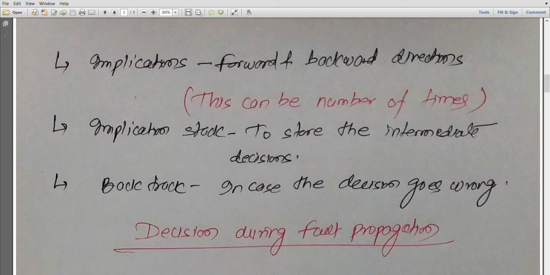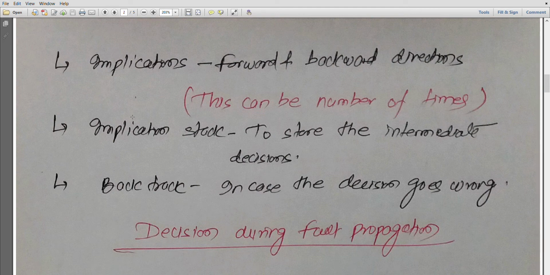Okay, if you are new to this lecture and have not seen the previous 2-3 lectures, go to them so that you can better relate to the logic of AND, OR, and non-controlling inputs. What is fault propagation, and what is forward and backward tracing? Those things we have already covered in the previous 2-3 lectures.